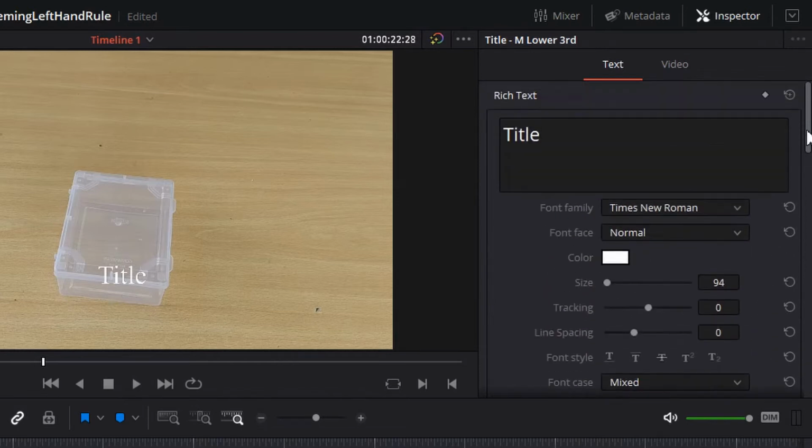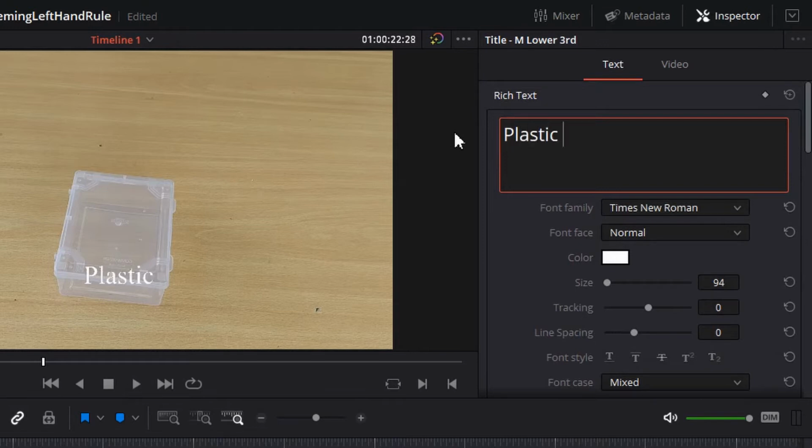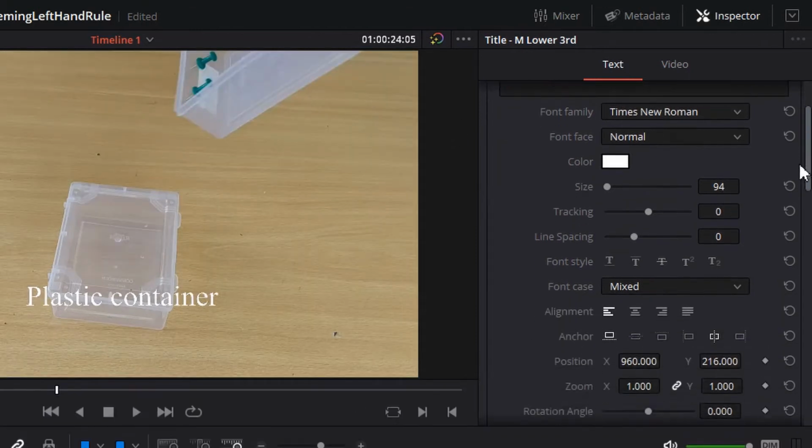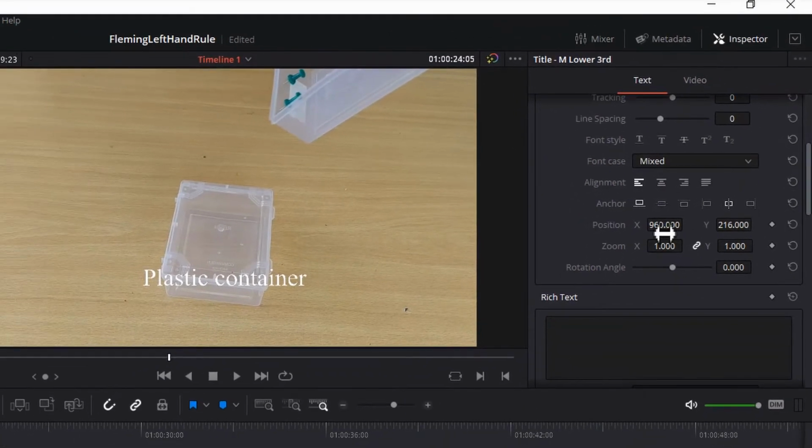We can look at the current properties of the label and change it. Here we can change text, font, size and color of the text. We can adjust the position of the label on the screen. It should be nearer to the object.